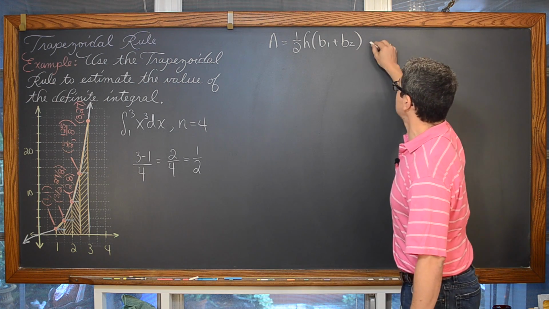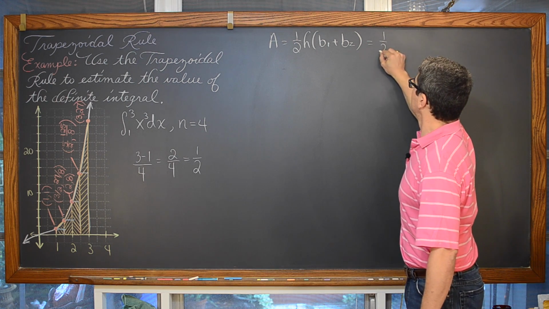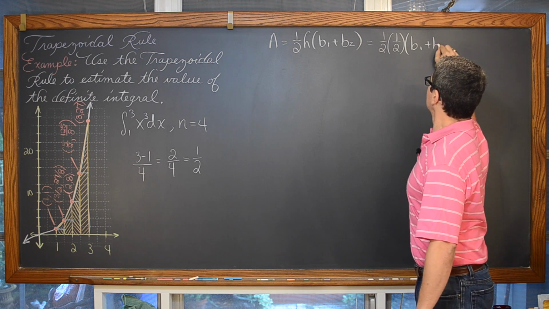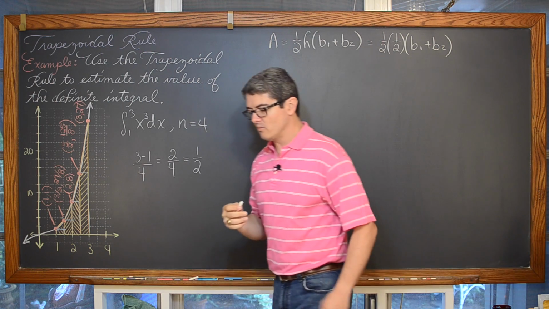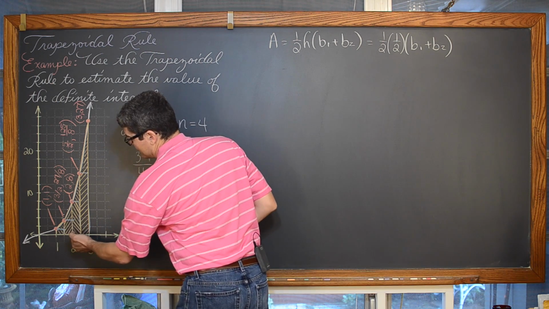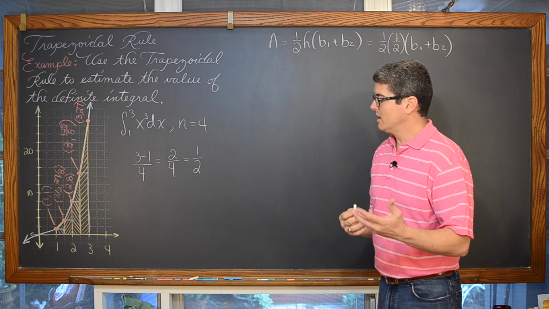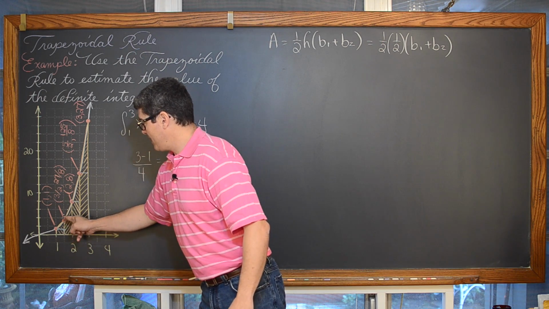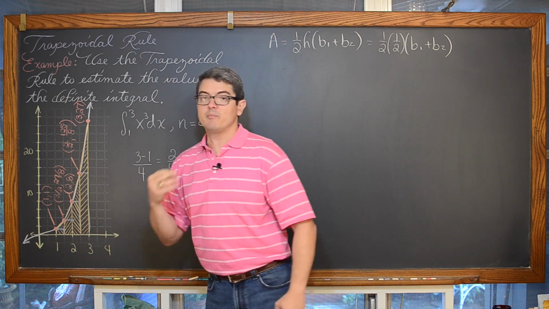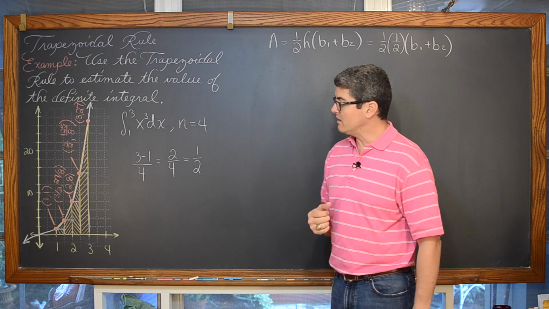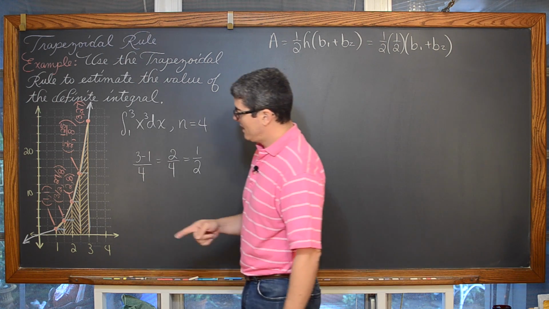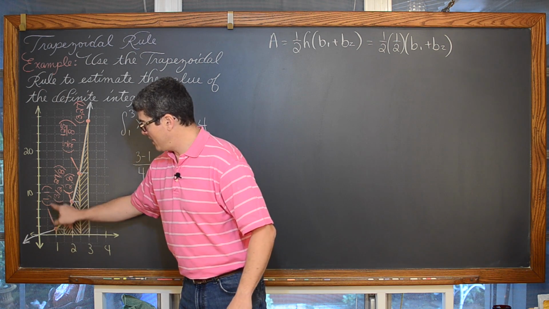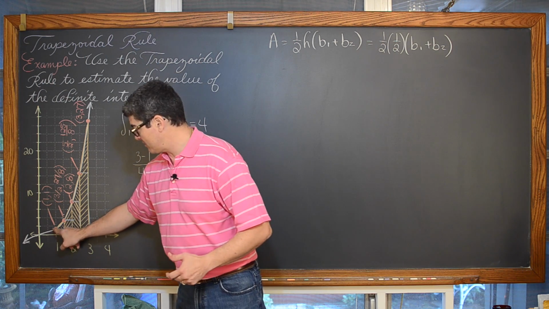So far we're looking at the area equal to 1/2 the height times base 1 plus base 2. Of course, the heights of each of these trapezoids are all 1/2, but as we go through this interval, the lengths of these bases are going to be changing, based on the value that you're getting from the function itself. So how long is this base? Well, the y value that you get from the function when you plug in 1 is 1, and 1 minus 0 is a length of 1.